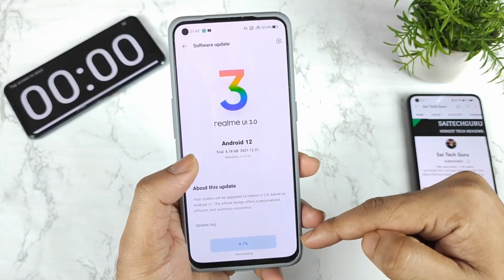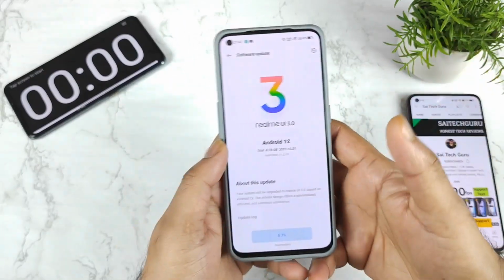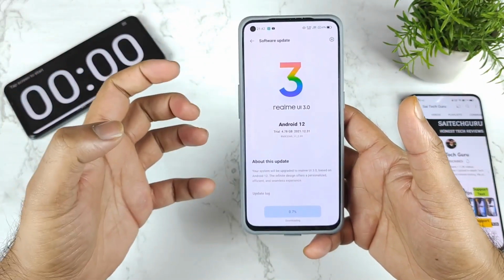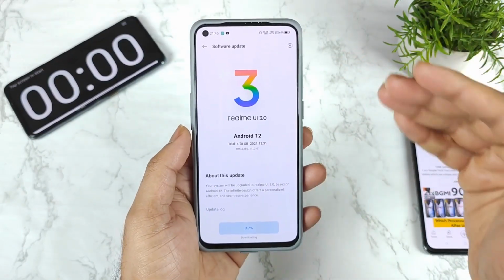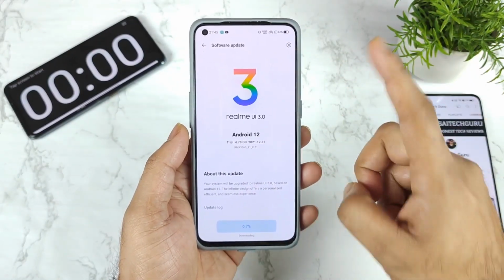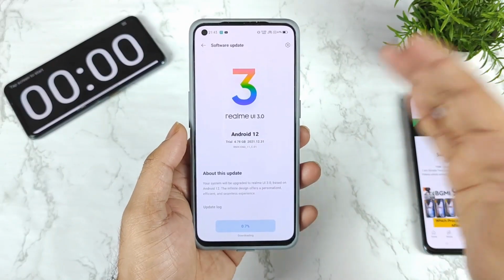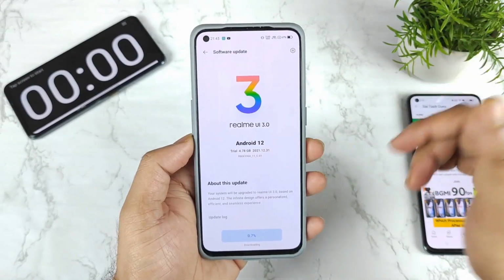And once the download has finished, I'll start the stopwatch to see how much time it actually takes to install. Just give me 1 or 2 days to talk about the complete review. I cannot talk immediately after using this device for 1 day. I just want a minimum of 1 to 2 days. So 1 to 2 days at least.